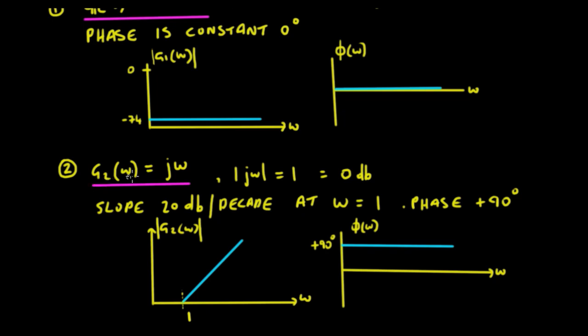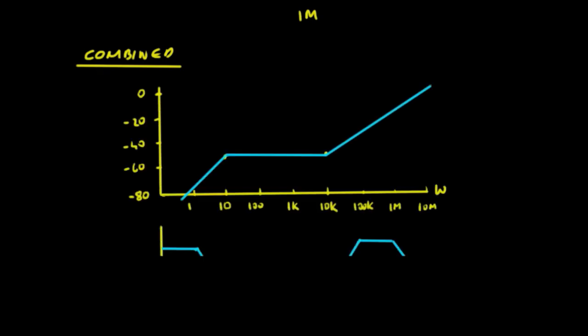So G2 of omega is just the j omega. So the magnitude is going to be equal to 1, which is 0 dBs. So the slope is going to be 20 dBs per decade. We've seen that from the previous page. And we can see that at omega equals 1, the phase is going to equal plus 90 degrees. Okay, so we've got this one and that one there, and we've seen that from the previous page. So we'll continue with this. So another 3 of these to go,